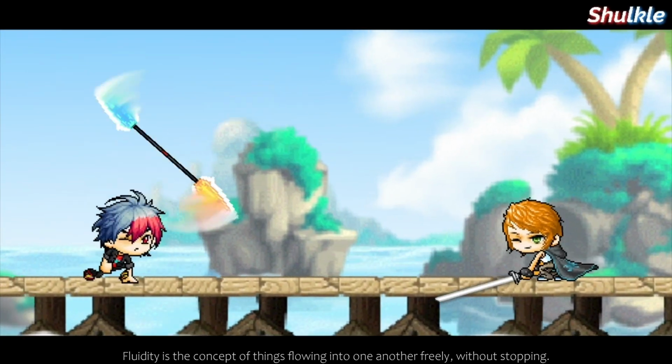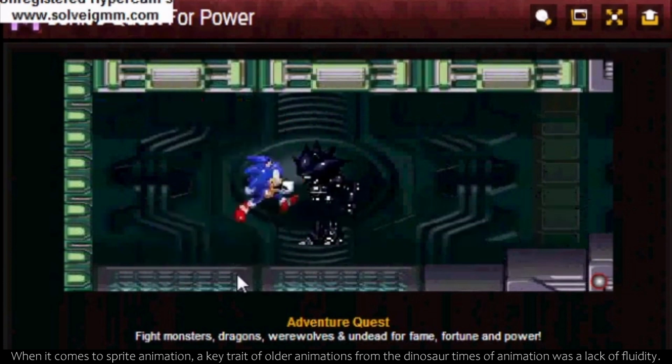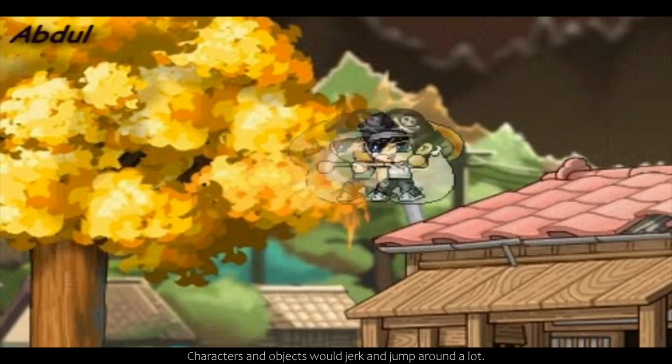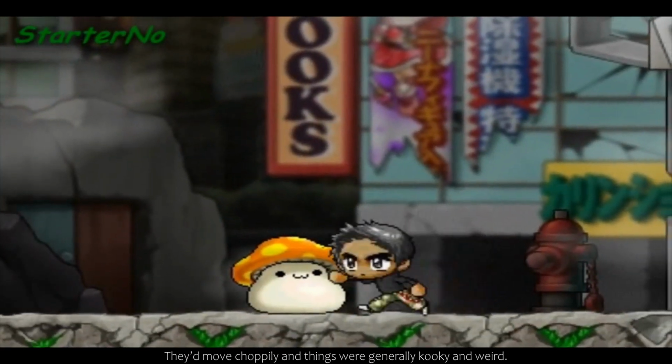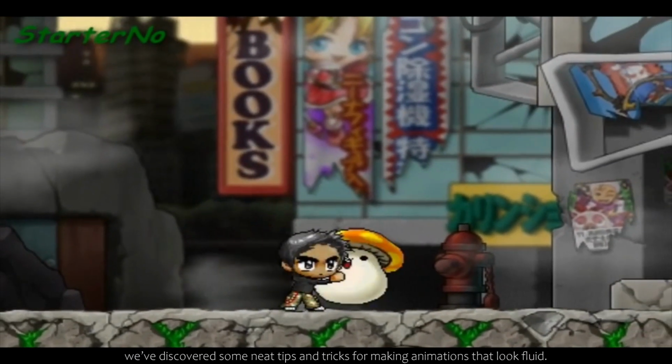Fluidity is the concept of things flowing into one another freely without stopping. When it comes to sprite animation, a key trait of older animations from the dinosaur times of animation was a lack of fluidity. Characters and objects would jerk and jump around a lot. They'd move choppily and things were generally kooky and weird. Now that we're here in the future as of this moment, we've discovered some neat tips and tricks for making